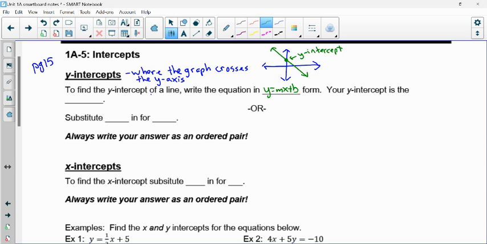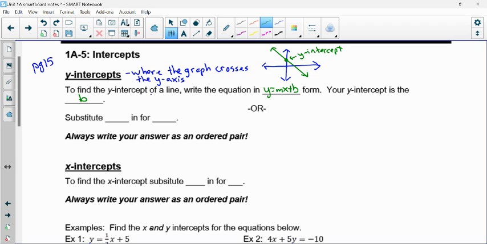Because what letter in y equals mx plus b represents the y-intercept? The b, yep. Your y-intercept is the b. The other way that we can find the y-intercept is we can substitute in a number. And if we look on our y-axis,